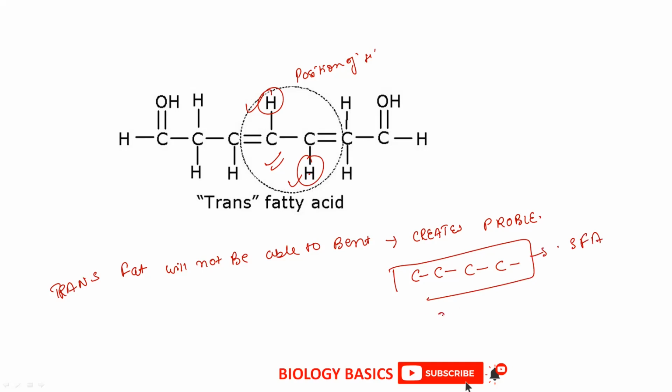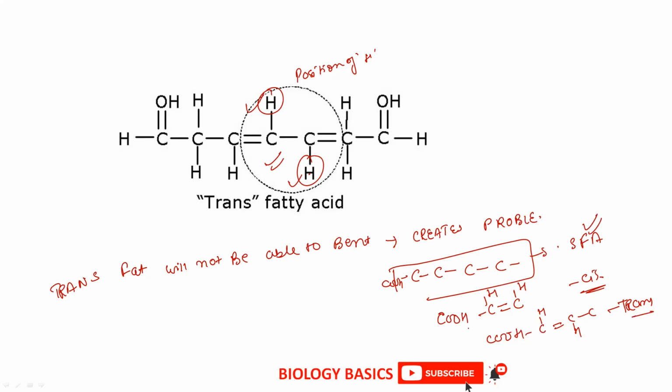But if you talk about the unsaturated one, where you have the chain like this, let me add a COH group. So if you have a chain like this, with H on one side and H on the other side, this is the cis, which is the better one. But if you have the COH and then H and double bond CH like this, this one is the trans one, and it is more dangerous than the saturated one,